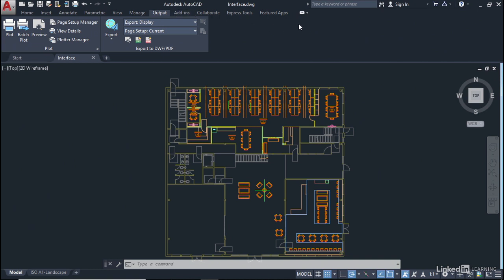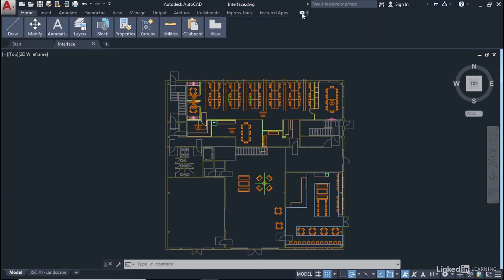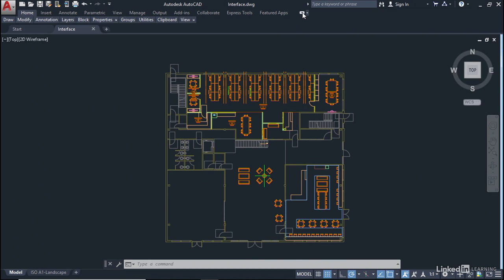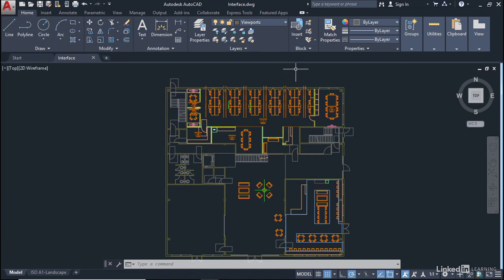Now you will notice there's a little white button just here. I'm going to go back to the Home tab on the ribbon and click on this little white button here. And you'll notice that the ribbon changes appearance. Don't panic, you haven't broken AutoCAD, you're just changing the settings of the ribbon. And if you keep clicking on that white button, you'll eventually get back to the default ribbon setting, like I've